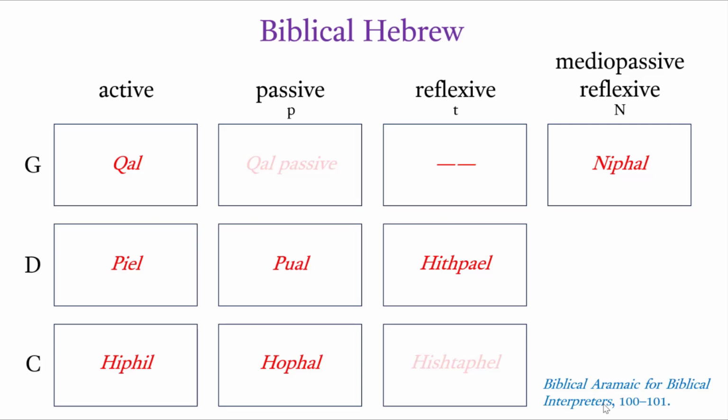The vertical arrangement is such that you have, for example, the kal. So the next box over would be the passive modification of kal, and then the next box over would be the reflexive. Okay, so because there's an absence of a good functional kal passive in Hebrew, and because there's not at all a TG, what happens is often the nifal will rush in, it seems, to represent these ideas.